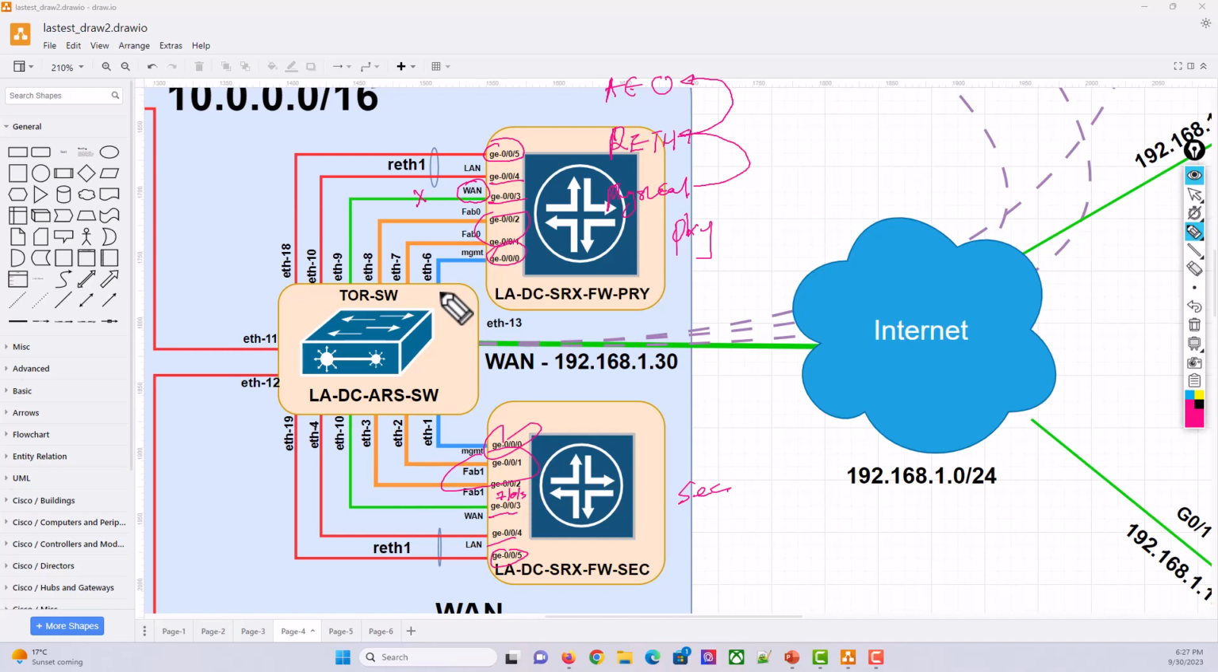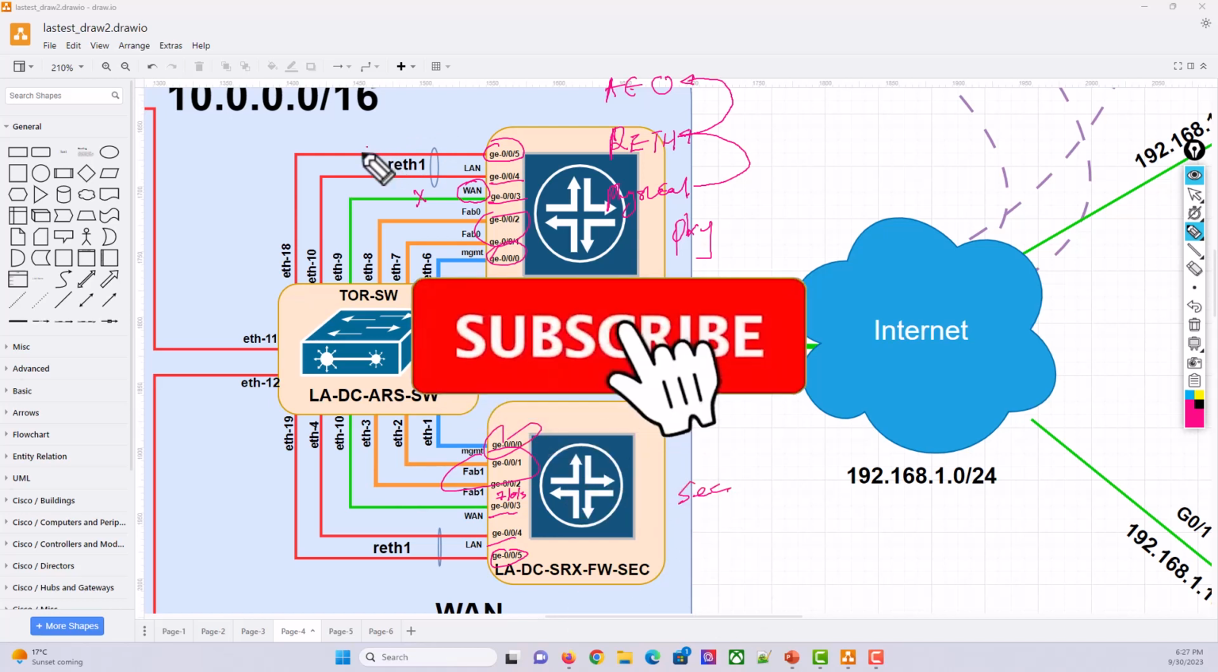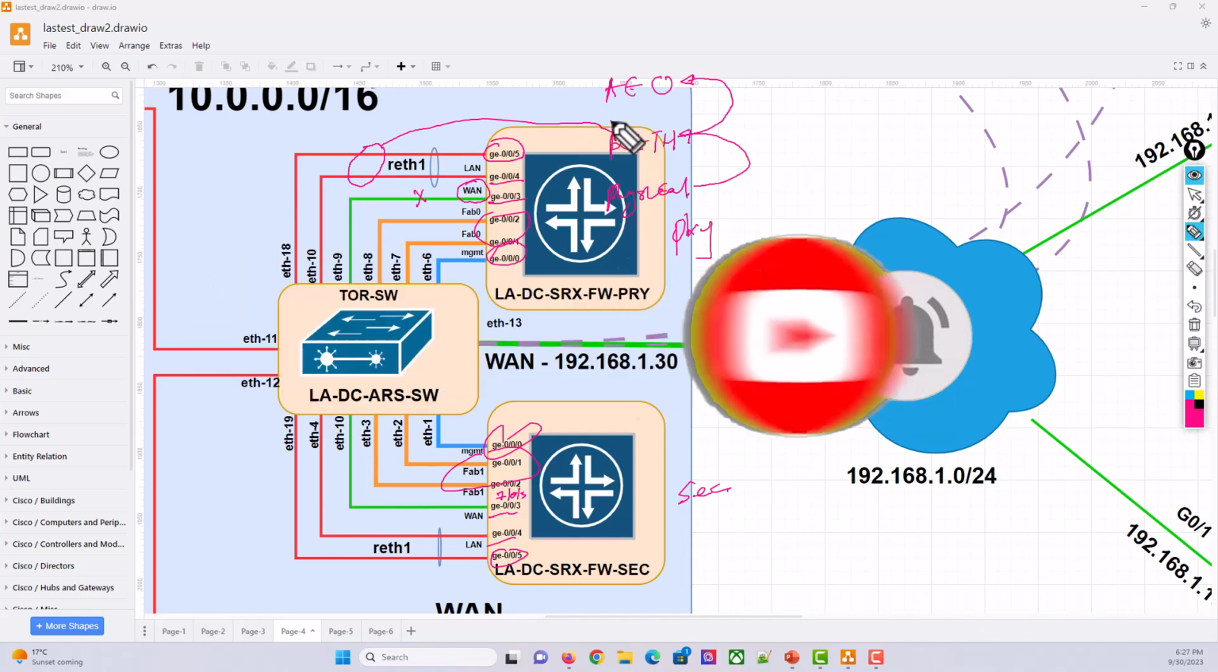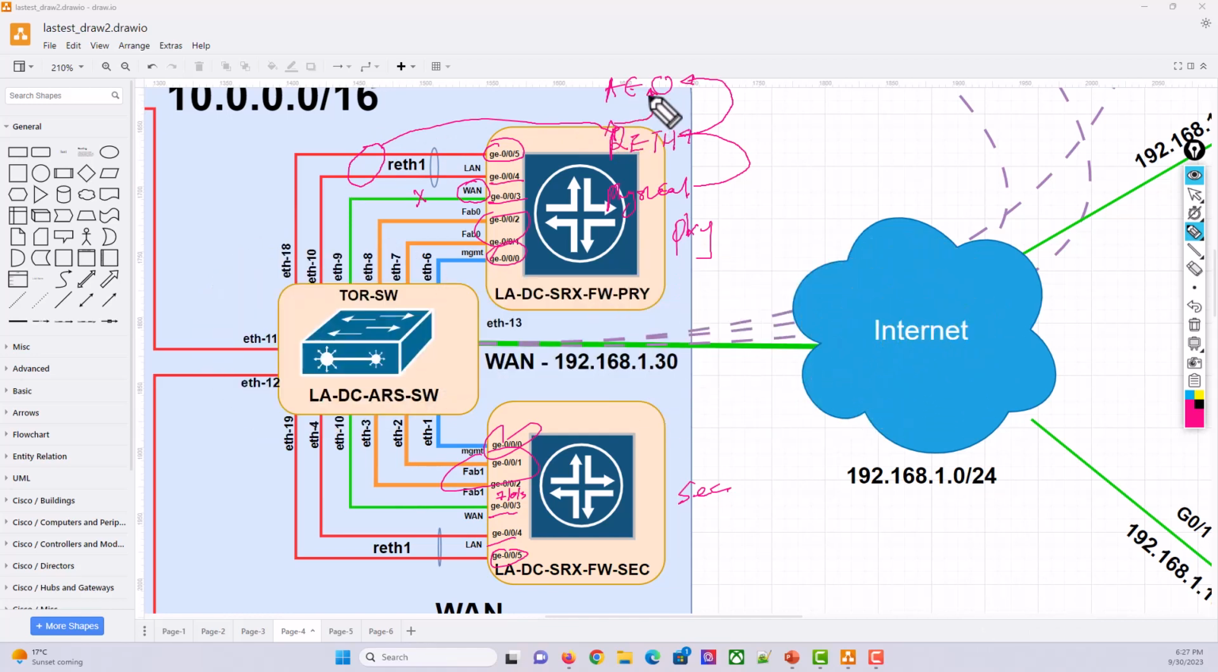But what we are saying is that we want two physical ports to be part of a RETH interface and then tied to an aggregate Ethernet interface. Now, when you have a RETH interface that is added to an aggregate interface, Juniper calls it RETH LAG. Mind you, we also have the normal or standard LAG interface. So if I decide to take two physical interfaces,